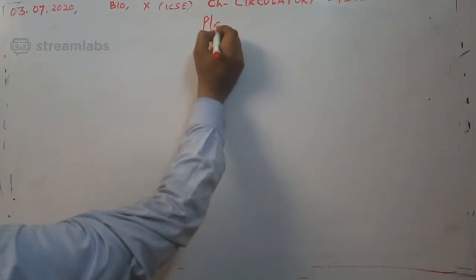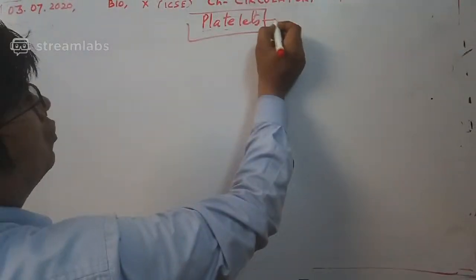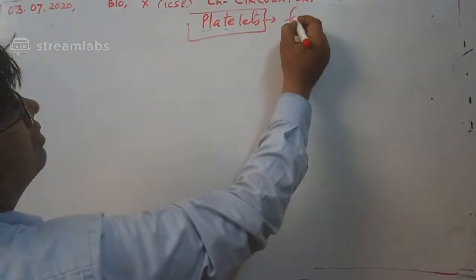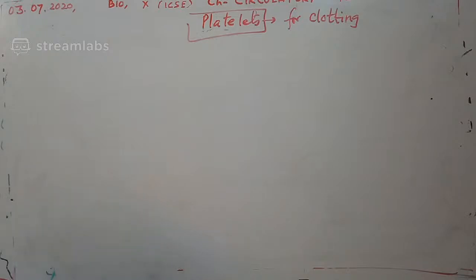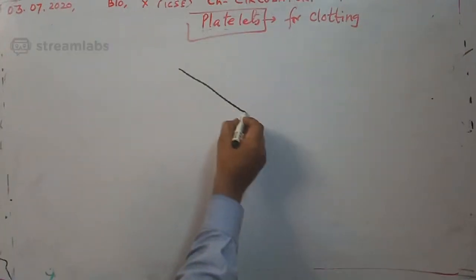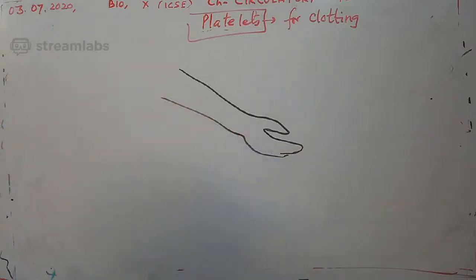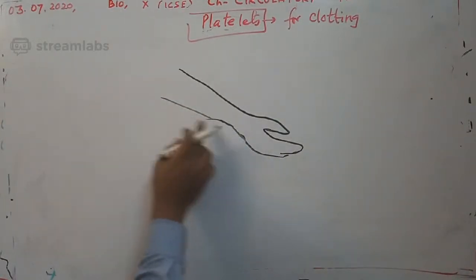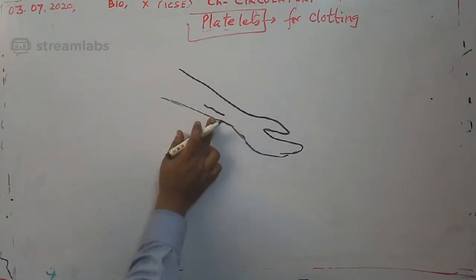Class, platelets. First thing you should know, they are so important for clotting. Let me explain this part to you, you understand better this way. If we have any cut, a long cut nearby the wrist,